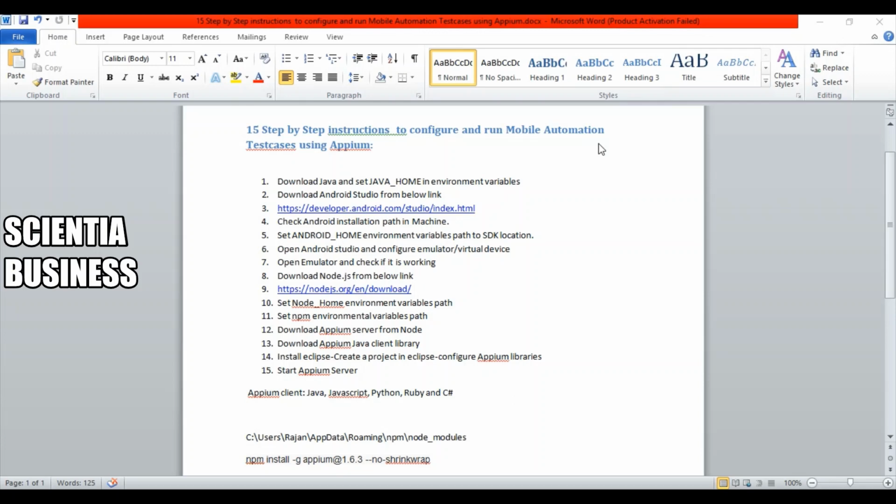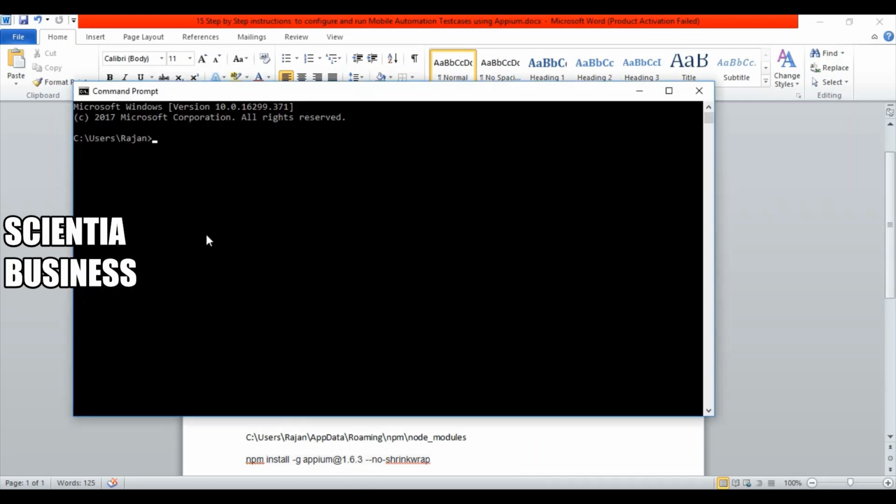So in a previous lecture we learned how to download the APM server. The command we gave in order to install the APM server was something like this: npm install g apm, right? So this will install the APM for you.